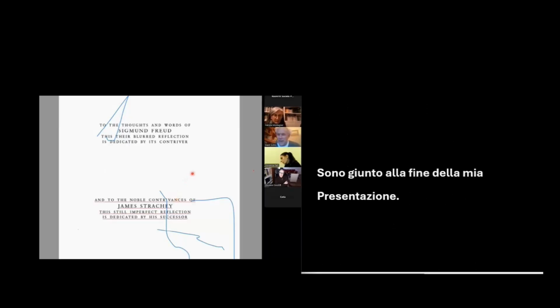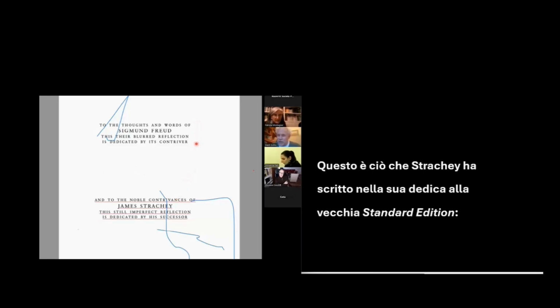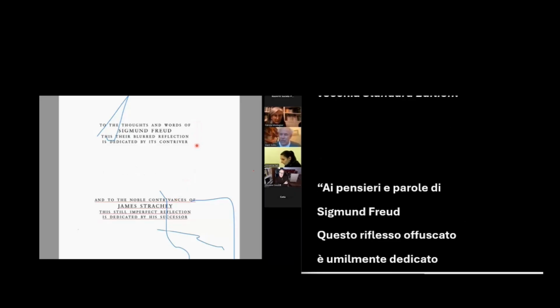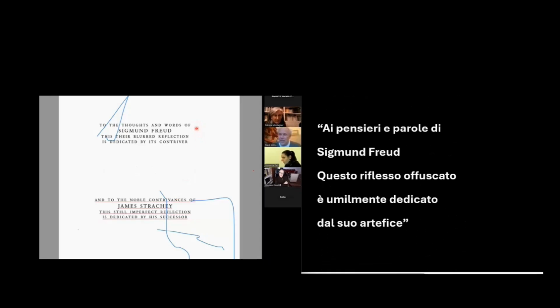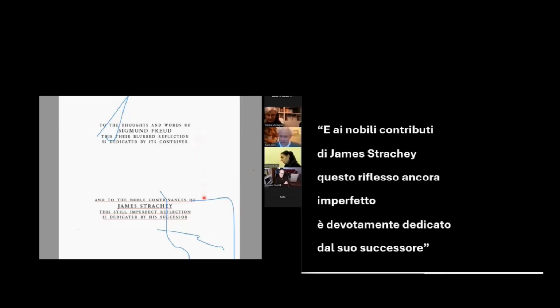So I have come to the end of my presentation. This is what Strachey wrote in his dedication of the old standard edition. He said, "To the thoughts and words of Sigmund Freud. This, their blurred reflection, is dedicated by its contriver." And here is the dedication that I put in the revised standard edition. I said, "And to the noble contrivances of James Strachey, this still imperfect reflection is